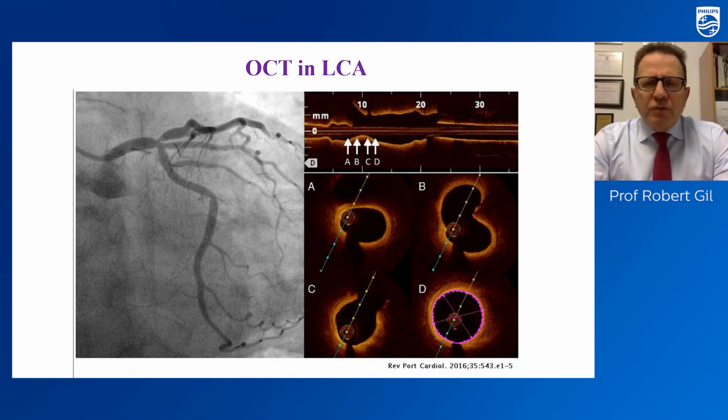Of course, we also have to remember optical coherence tomography, which is very useful for percutaneous treatment in coronary bifurcations. However, in terms of left main, we have to remember that the proximal part is not very well visualized. We can miss some important moments. So therefore,